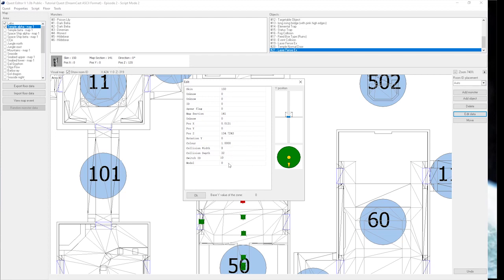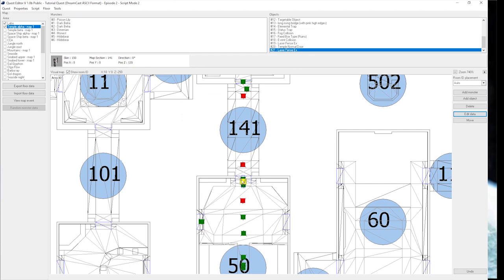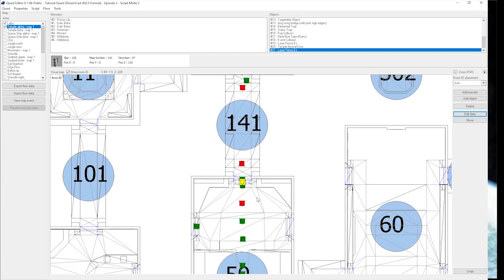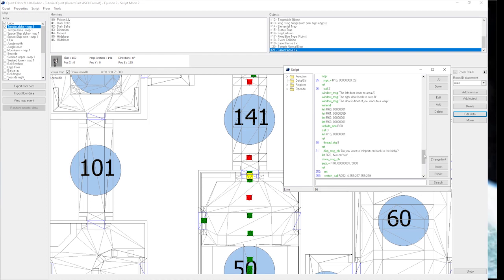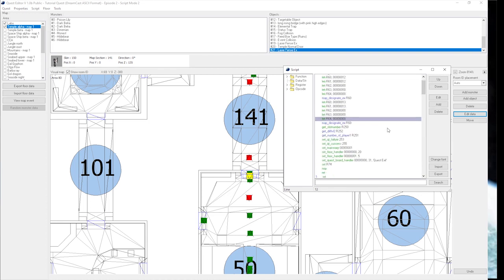I'm going to make this switch ID 10. The other ones don't matter too much because of what I'm going to do with this. But as you can see, I have this set so that there's a fence in the way. But I'm actually going to make this fence turn off immediately when the quest starts. So if we go to function 0,